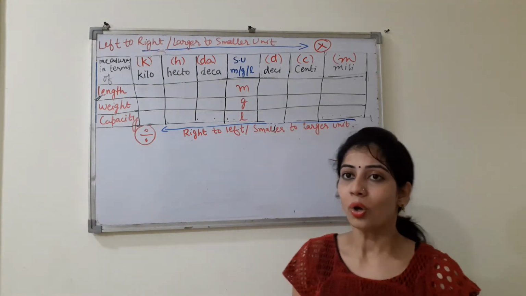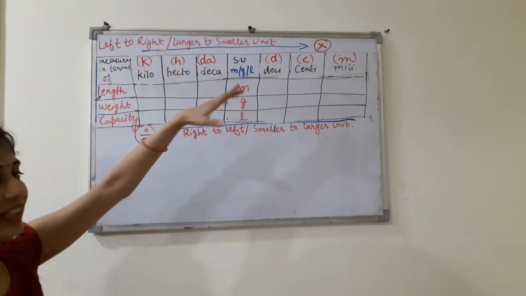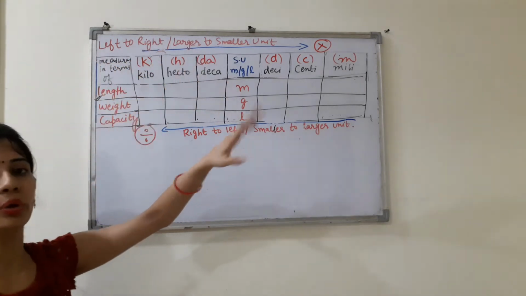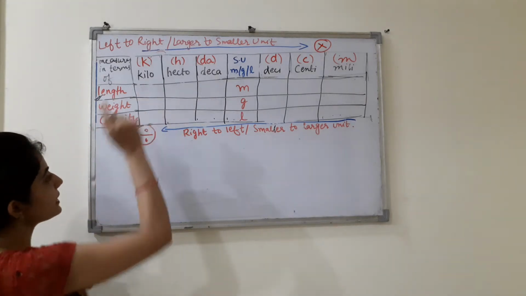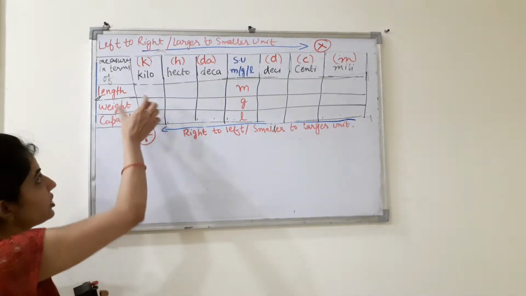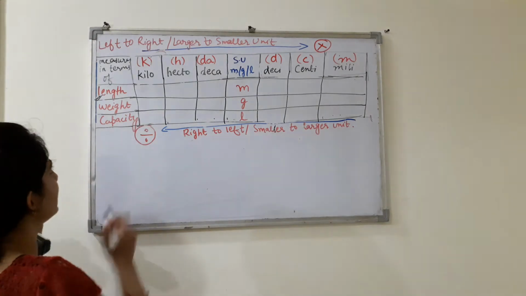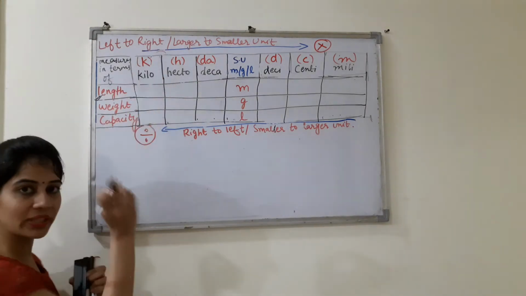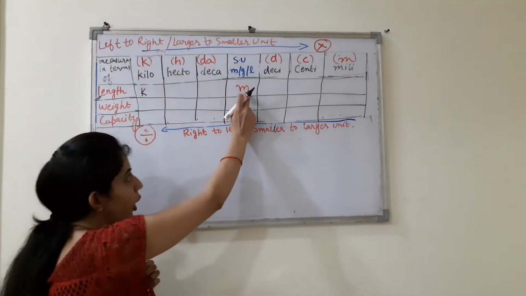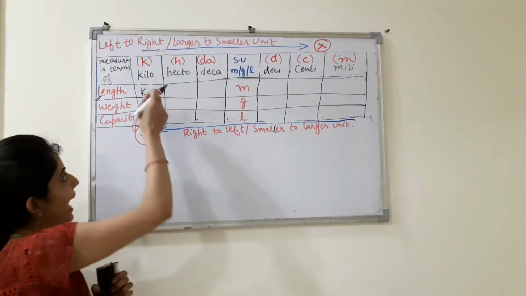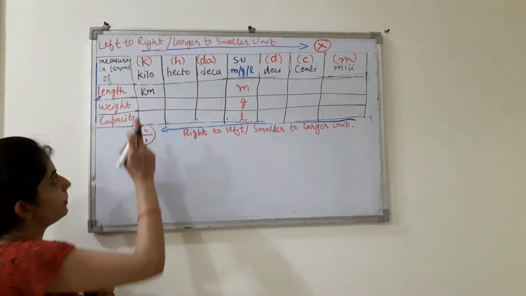Now see, how can we make these units? These units are the common units for all the three, right? So now what we will do, see, here is kilo. Now what will be the kilo unit in length? It will be kilometer. How? Kilo is represented as K. So we will write K, and whatever standard unit we have, we will just add to it. The standard unit of length is what? M, right? So it will be kilometer.